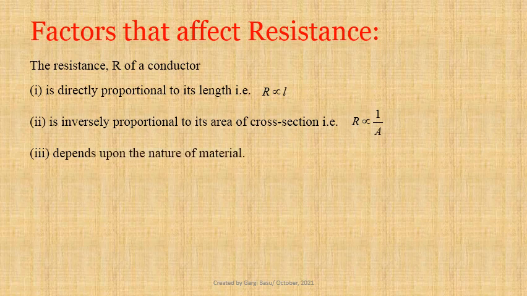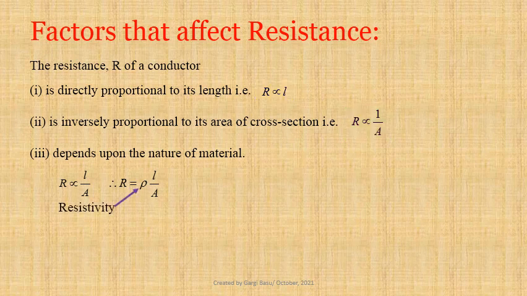Now we can write R is proportional to L by A. Therefore, R equals rho into L by A, where proportionality constant rho is termed as resistivity of the material